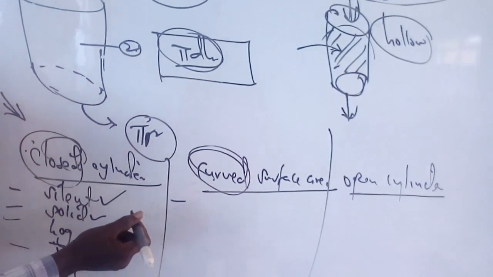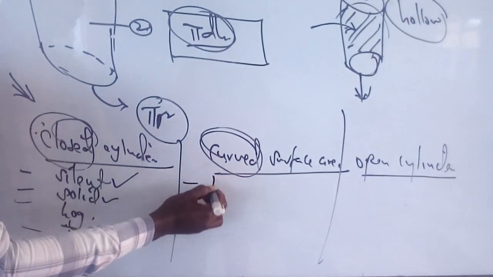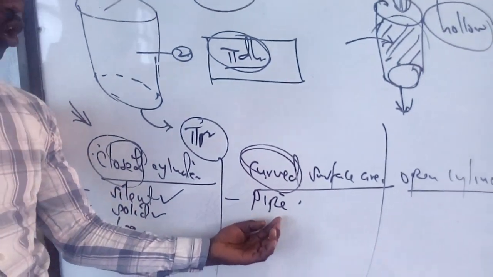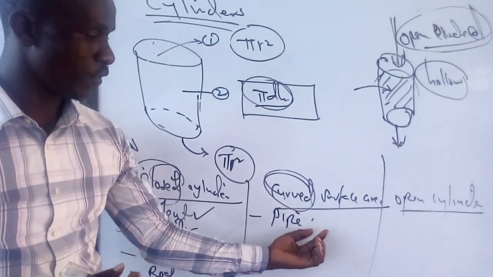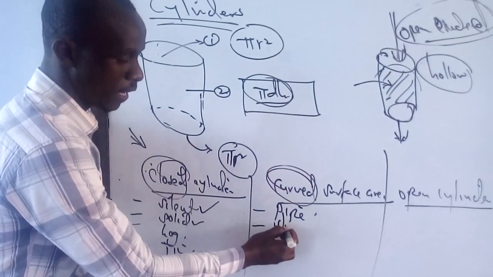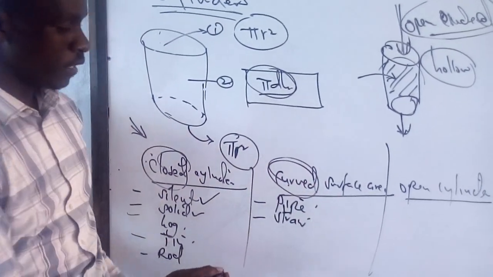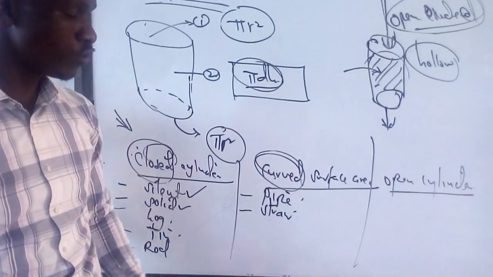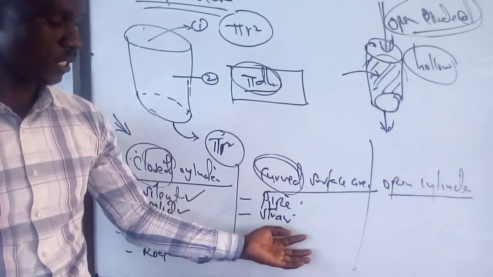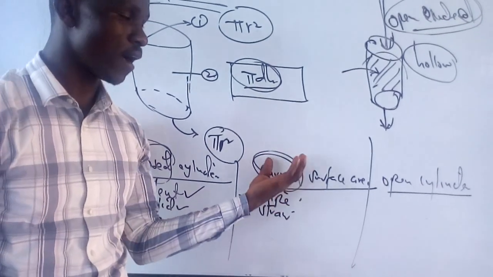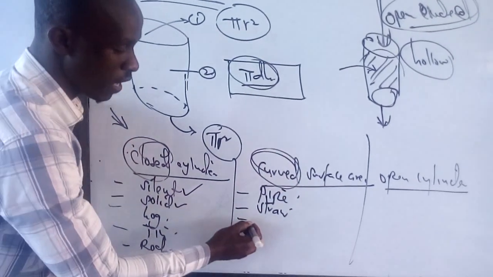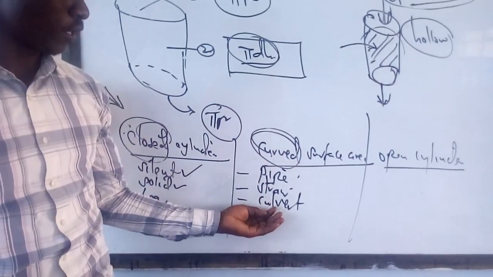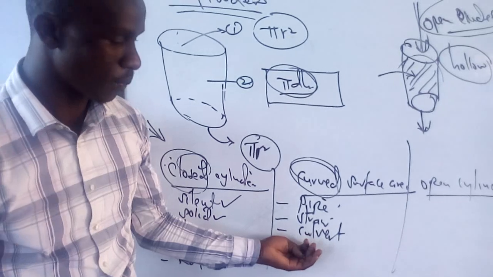An example of those objects we are going to discuss will be a pipe. When you look at a pipe, it is open at the top and at the bottom. So that is the first one. The second one will be a straw. For example, the examiner says find the surface area of the straw whose radius is this and height is this. A straw has only a curved surface. We have a culvert. Culverts mostly are used in the construction of roads where water passes under.